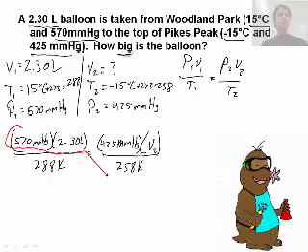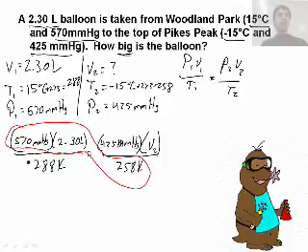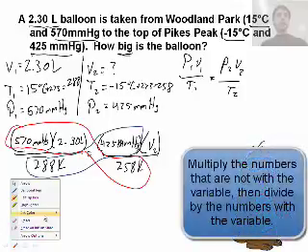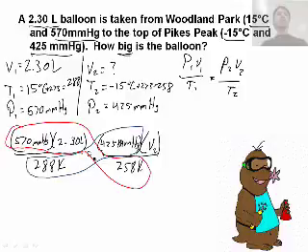We're going to multiply these things together, and then we're going to divide the other two. So the ones that are with the variable, we divide. The ones that are not with the variable, we multiply. So again, multiply everything in red here because there's no variable with the 570 or 258, and then we'll divide 288 and 425. So 570 times 2.3 times 258 divided by 288 divided by 425 will give us